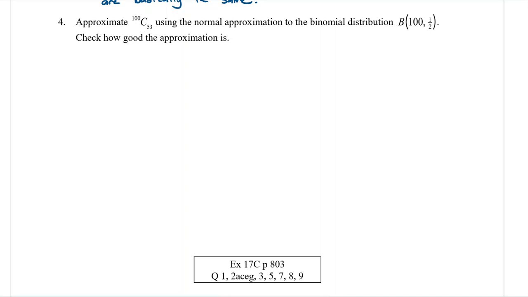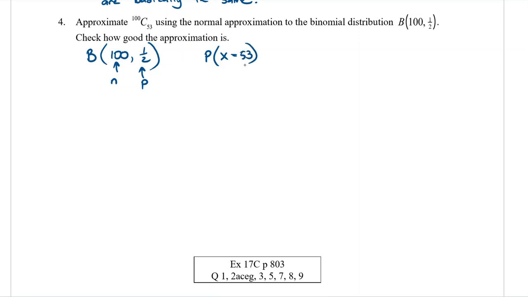Okay? So, to do it as a binomial, we have B(100, 1/2). This is my n, this is the p in the binomial, which is the same as what we've been doing for the other couple of questions. If I was to find the probability when x was equal to 53,